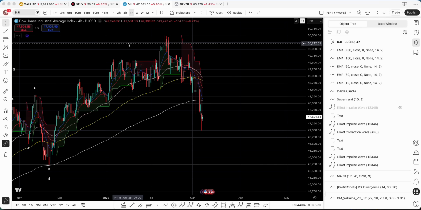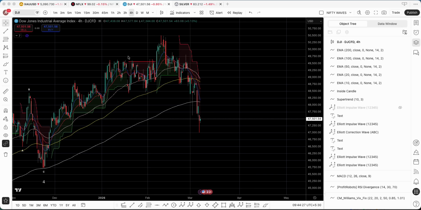So we're just looking at the Dow Jones chart at the moment, and things have been looking a bit difficult with all the geopolitical chaos that's been happening around the world. So where does that kind of leave us market-wise? Let's just have a quick look at what the safe levels are and what we're actually looking at. This is just a 4-hour chart on the Dow Jones, and judging by this chart, I would